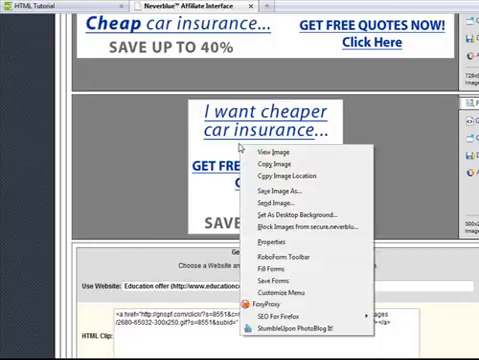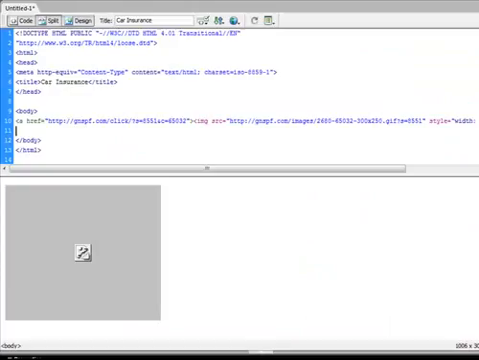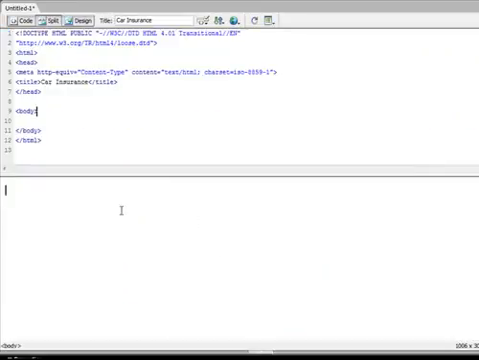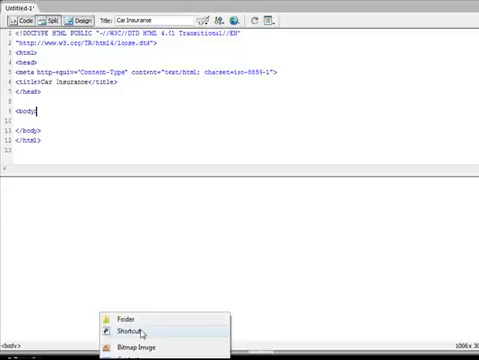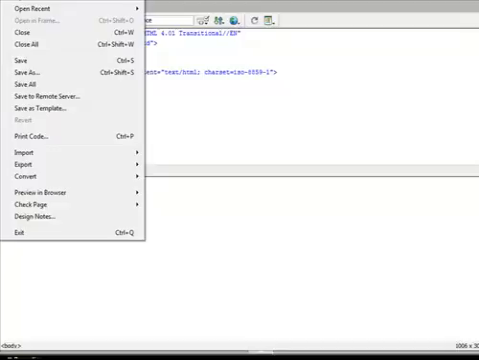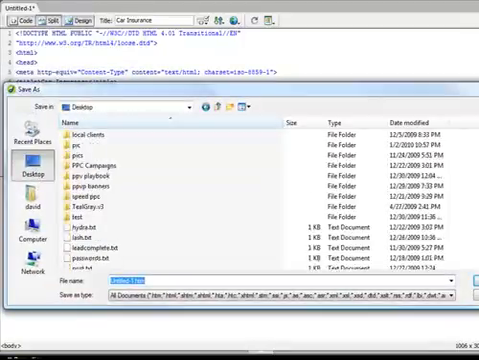The other way would just be to right click, save this as something, image. Go up here, and let's say I didn't do that there. So first I'm going to save this. I'm going to create a new folder on my desktop, and I'll just call this the new folder insurance. And you want to save your page in there,